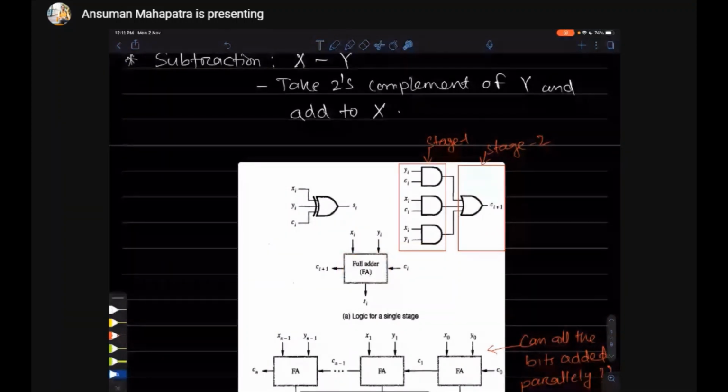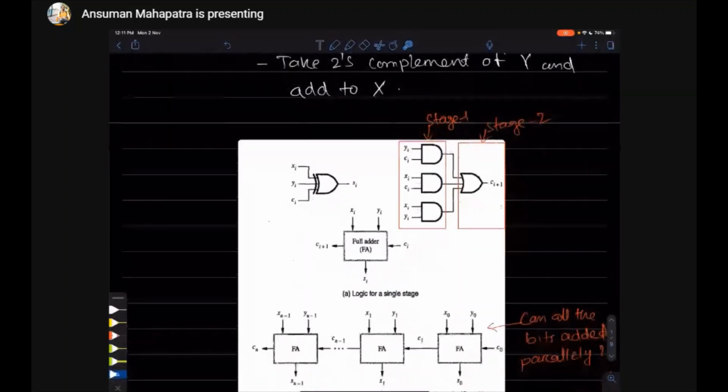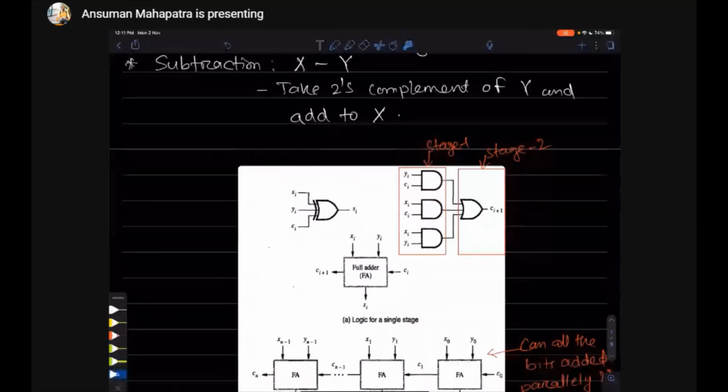Okay, so up to this, does anyone have any doubt? Please ask. Okay, the Ci plus 1 equation we know, the Si equation we know, we just have to implement it using this hardware. Okay, so this is the Si circuit, this is the carry circuit, and we put this circuit inside this block, then we will get our Ci plus 1. In this block we are taking Xi, Yi and Ci as the input. This block will give us the output Si and Ci plus 1. Okay, so this is the circuit of the full adder.